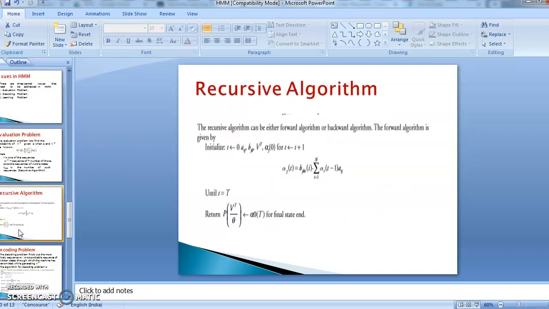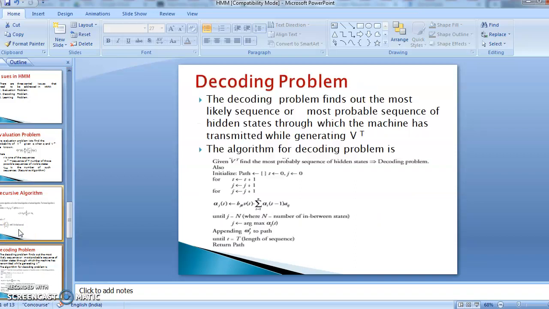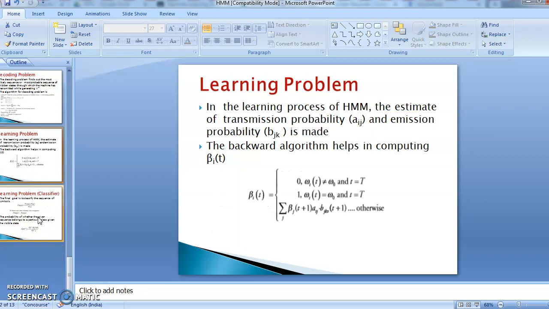Next is the learning problem. The learning problem is very simple. Even if we have selected the model, we always need to optimize our solution. So how can we select the training sequence so that in training it allows us to adjust our learning parameters, so our model can perform well on the training sequence and make our classifier more accurate?